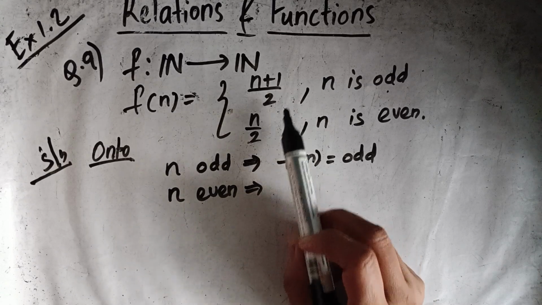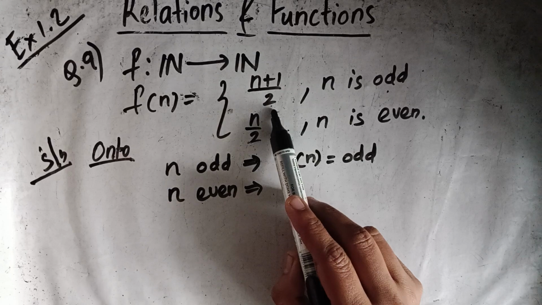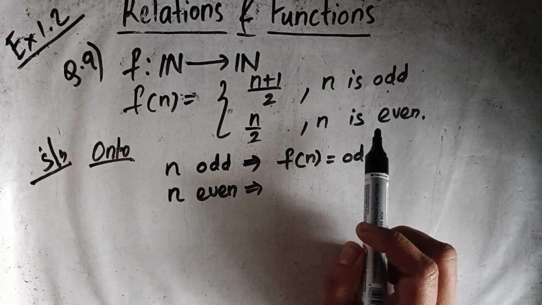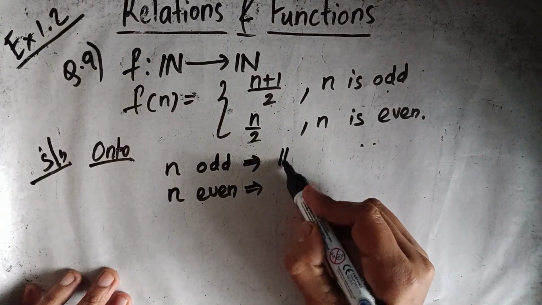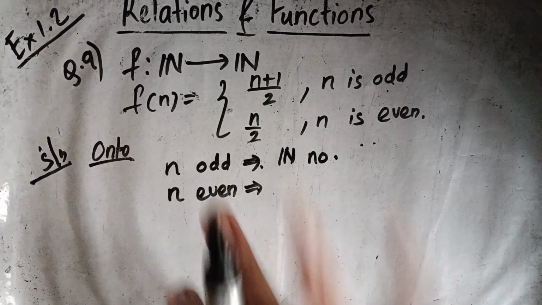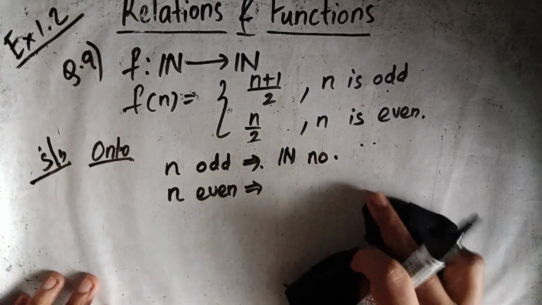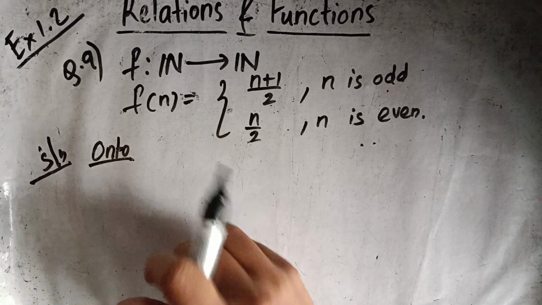For example, if it is 3, then 3 plus 1 by 2, so you will get 2. That is, every time you are getting a natural number. And the images are distinct, right? So theory wise, you can write that